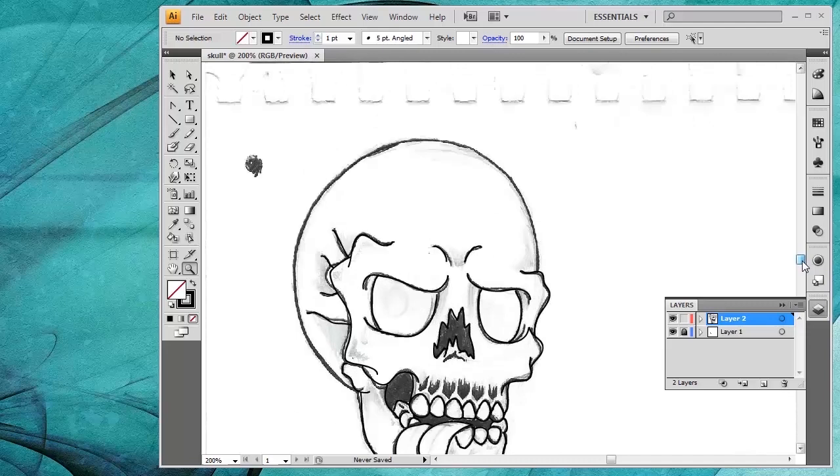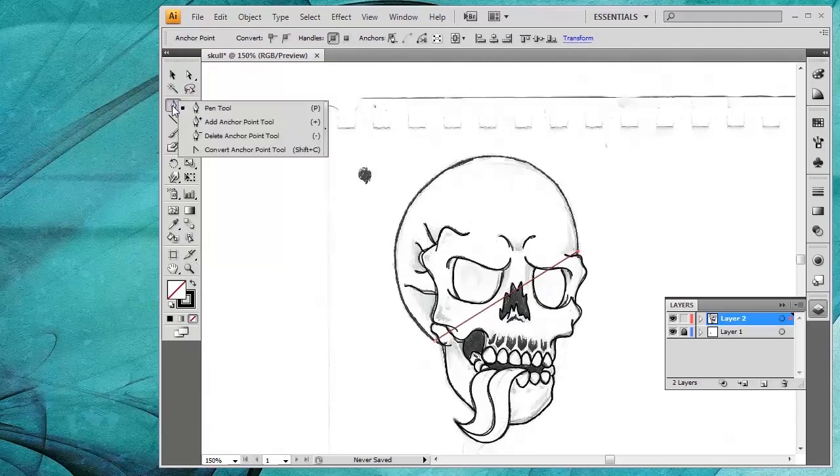We'll move it up right there, and let's go ahead and get the outside part of the rounded part of the skull. We're going to use the pen tool for that part. So we'll select the pen tool and we'll drop an anchor right here, come over here to the other side, and we'll drop another anchor right there. Let's zoom back out a little bit,